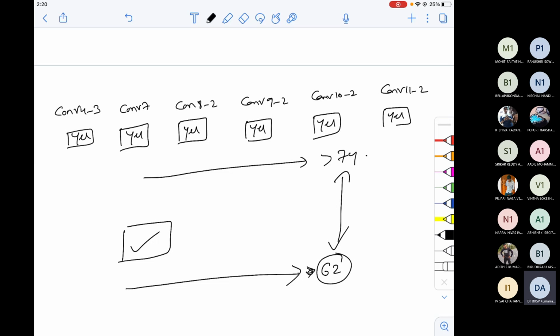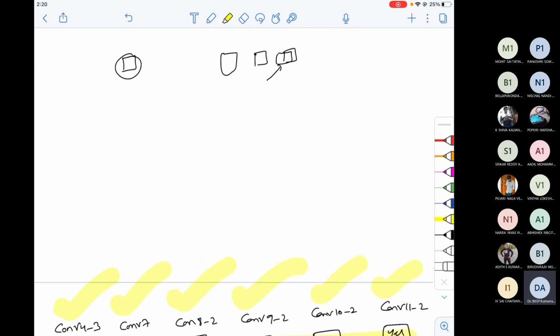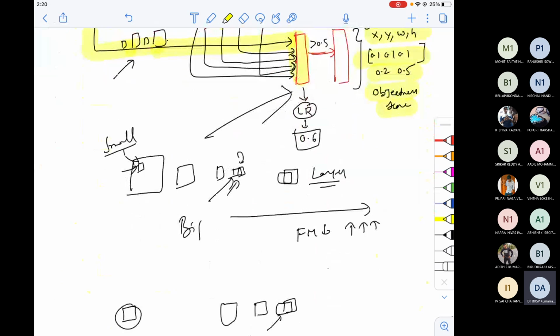So what did you observe from this? When I'm passing multiple outputs of convolutions, every convolution will have its own feature map. Till now, we have used to pass only one feature map to the fully connected layers. But I'm saying that you pass all feature maps that you get after every convolution to the fully connected layer, so that objects of different scales can also be identified. That's the main idea of SSD. Again, an important point that you will probably get in the exam.